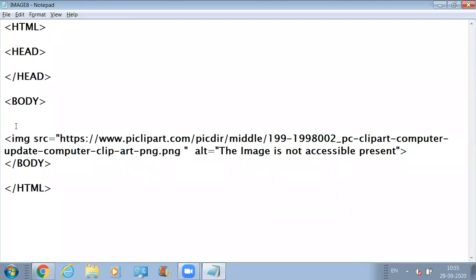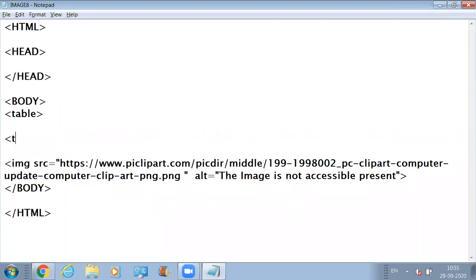Let's do one thing. Let's create a table and put this image inside that table. How can we create a table? What is the tag that we can use for creating a table? Can anyone tell me? Beta, TD is for defining the data for the row of the table. What is the tag that we use for creating a table? Table. That is right. The name of the tag is table. Fine.